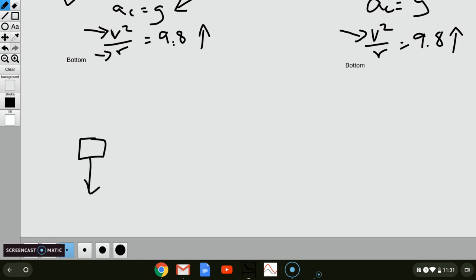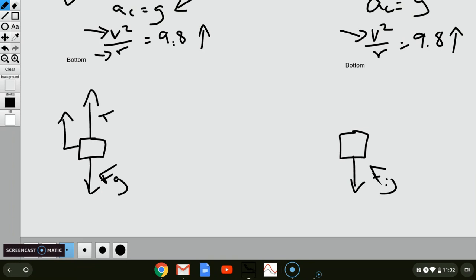Because it doesn't matter which one, the bottom of the circle looks the exact same. There's a force of gravity down, which we don't feel. But on a ball on a string, there is a tension up, and that tension must be bigger than the force of gravity. So we have to feel the force at the bottom. On a Ferris wheel, it's the normal force. We have to feel that force. We have to have that acceleration up. So either way, at the bottom of the circle, we cannot feel weightless.